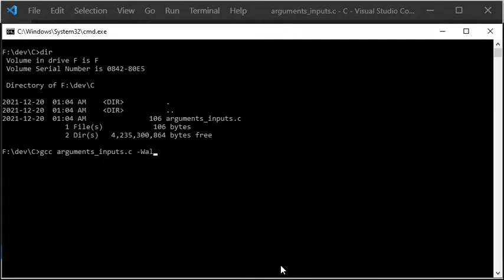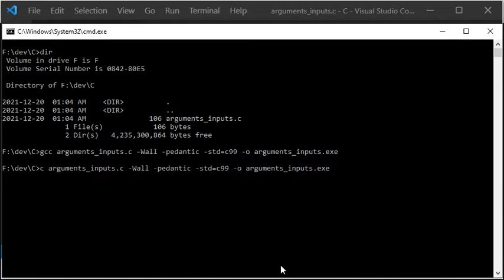The compilers GCC and CLang support many common flags such as -Wall and -pedantic and -std and -o. The flag -o is used for specifying the output file name. The flag -std is used for specifying the C standard version. In this case I am compiling for the C99 standard, which is supported by both compilers. The flags -Wall and -pedantic are used if you want to get more warnings about potentially bad code. In this very small program, no warnings are reported from any of the two compilers.